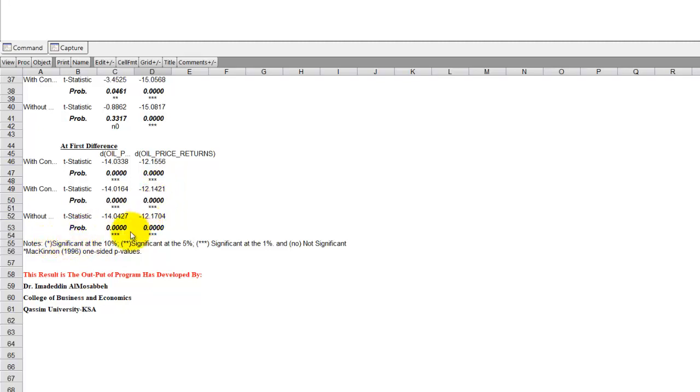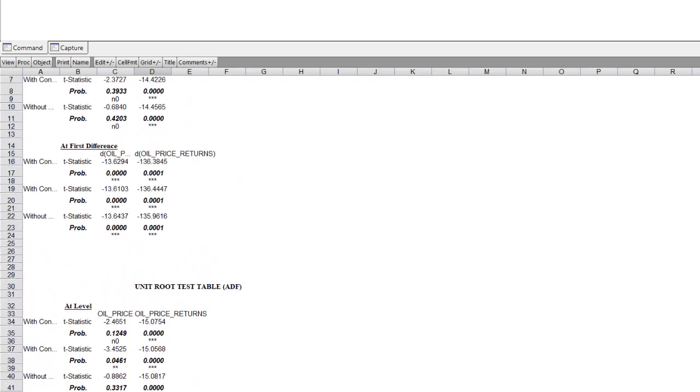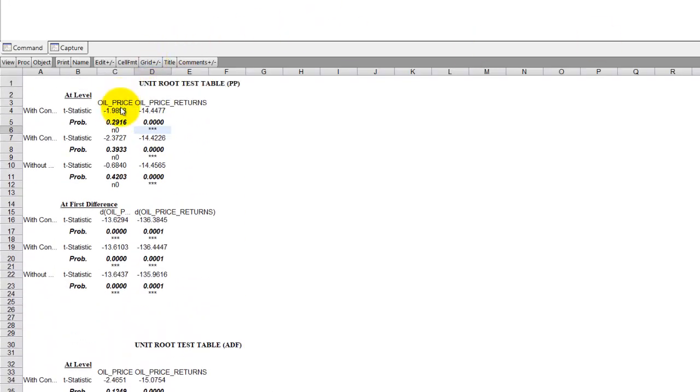When you see one star, it shows that the variable is stationary at level, that is at 10%. For two stars, it is 5%, and three stars is 1%, and no shows that the variable is not stationary because the probability is greater than 10%. Now in this case, you will notice that oil price is not stationary at level for with constant, but oil price return is stationary at level,